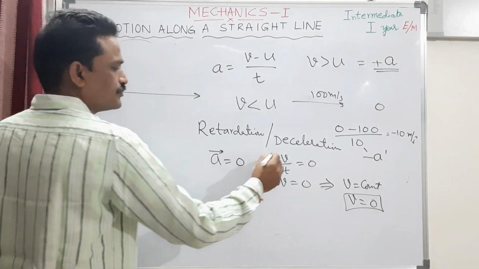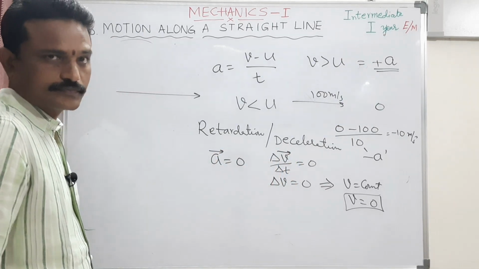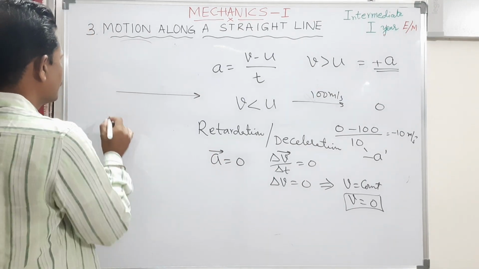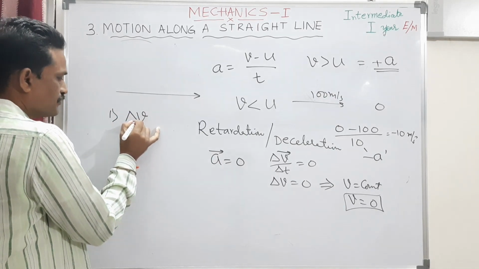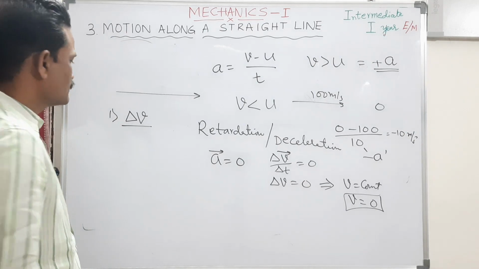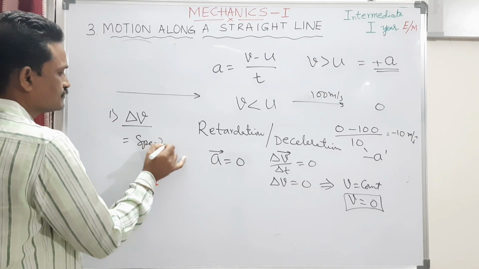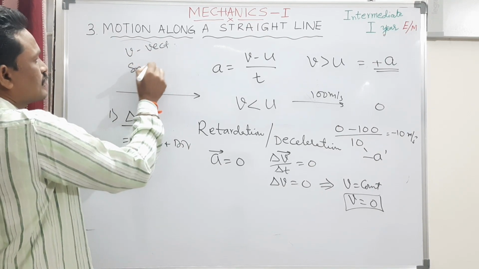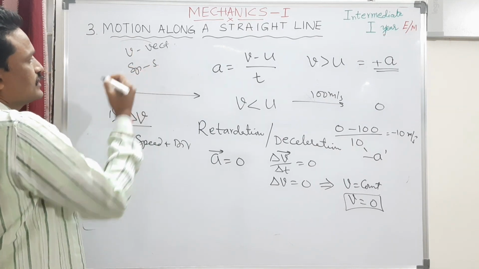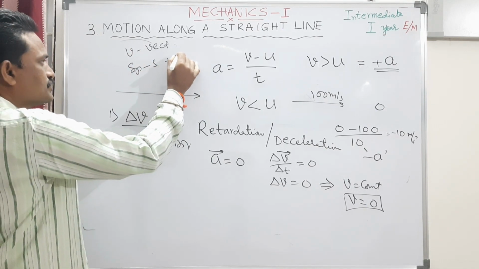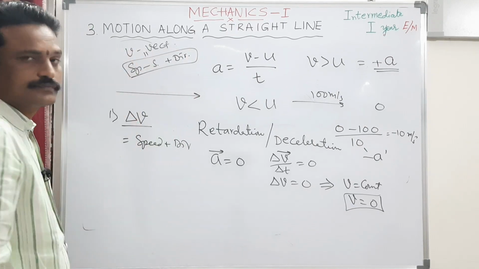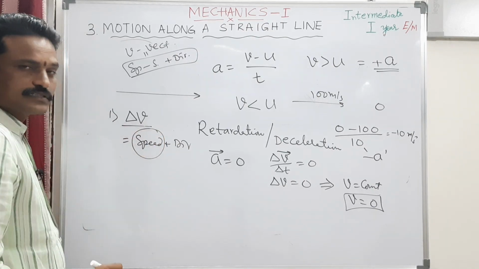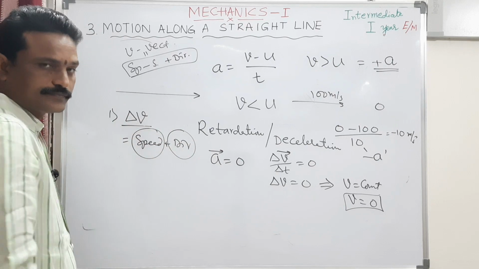Acceleration is a vector quantity because velocity is also a vector quantity. So you can bring some change in acceleration in two ways. One way is by bringing change in the velocity. Velocity means speed plus direction. You remember, velocity is a vector, speed is a scalar. What is the difference between velocity and speed? If you add direction to speed, then it becomes a vector. So how to bring change in velocity? Either by changing its speed or by changing its direction.